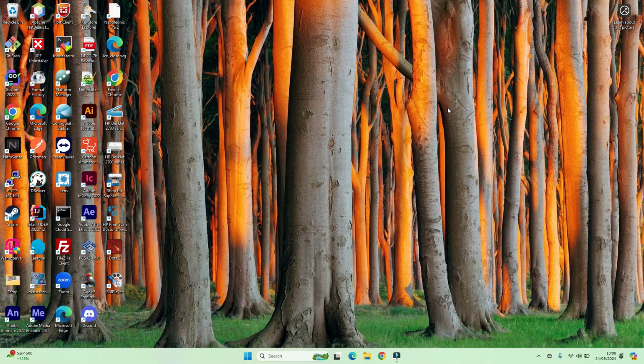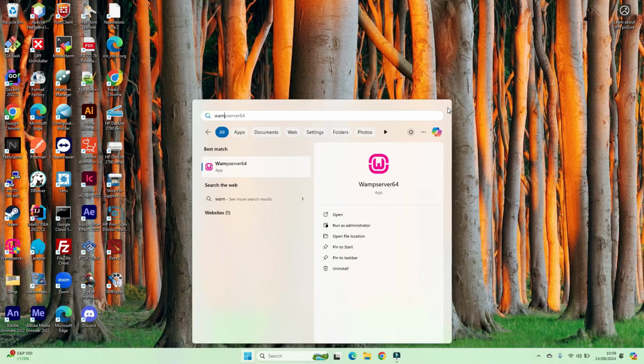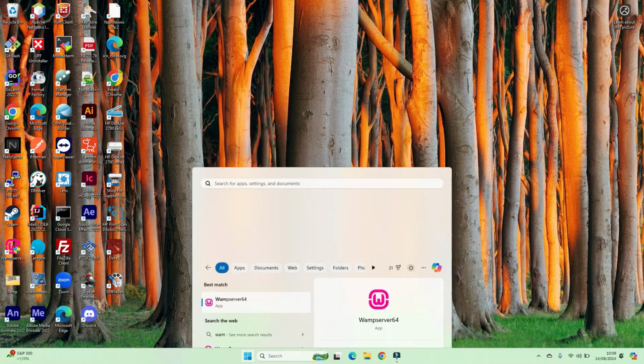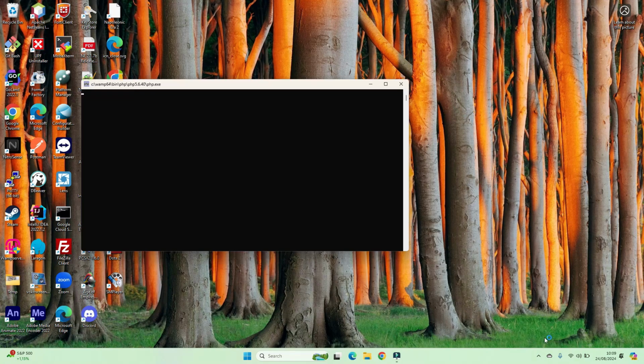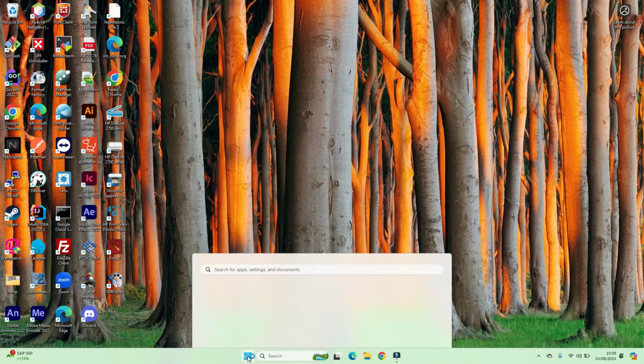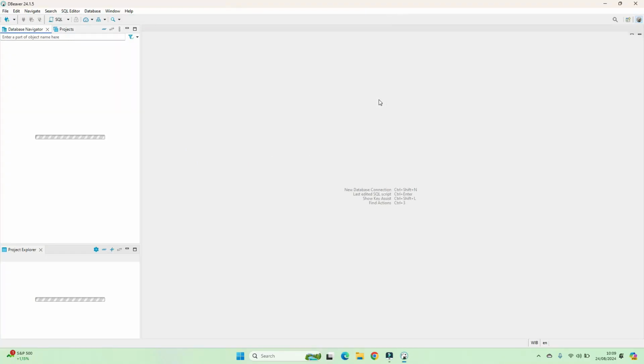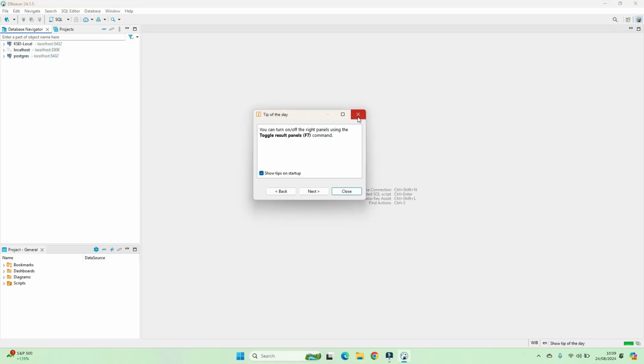Okay, first I will activate my web server. In here I'm using WAMP as a web server. Already activated, and then I'm using DBeaver as a tool for the database. And then I connect to MySQL